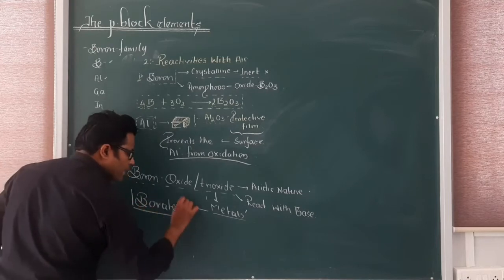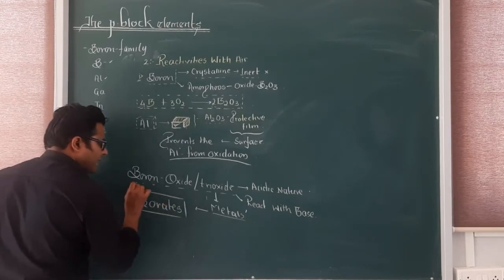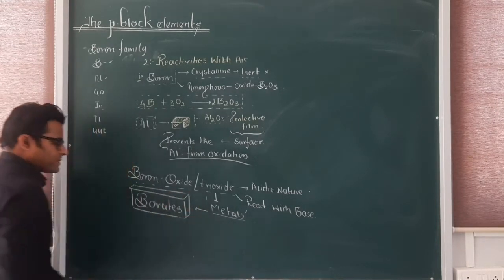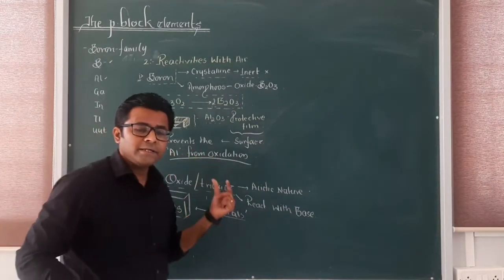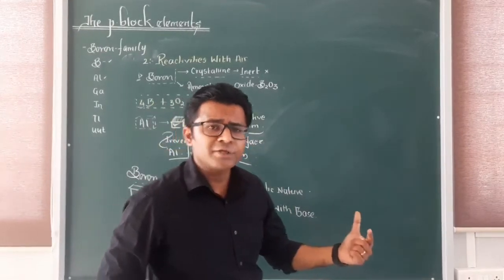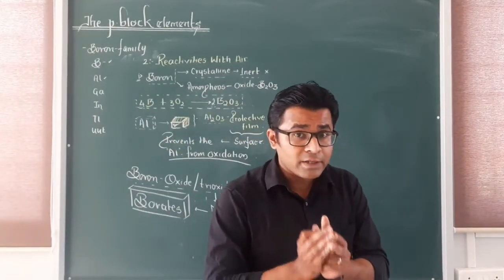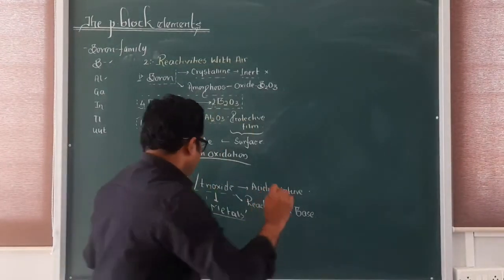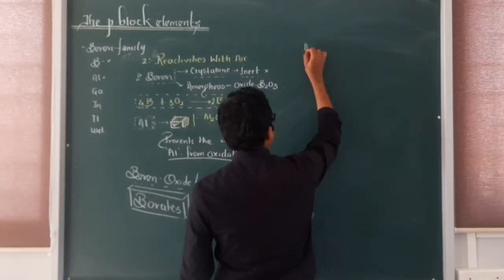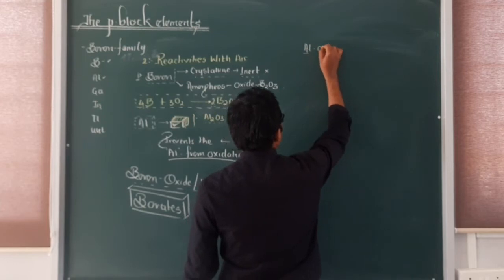So this is again an important point for us. Metal borates are formed because boron oxides and trioxides are acidic in nature and they tend to react with the bases and with metals. Okay, when we observe aluminium, so aluminium oxides